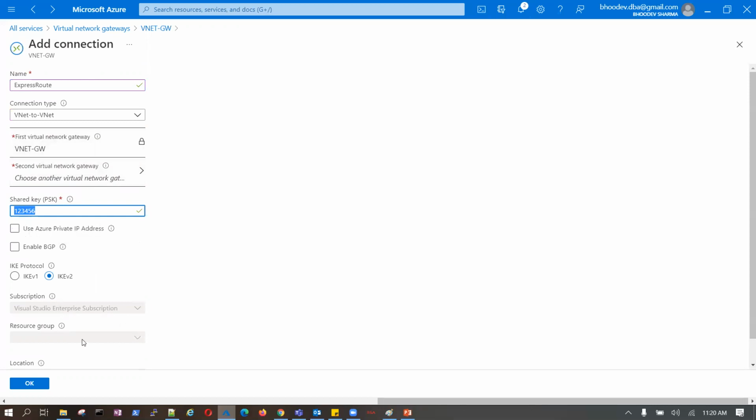Nothing much, but prerequisite work is there, and this connection takes around 2-3 weeks because it goes to the respective service providers. Okay, and to know the respective service provider, just Google, or go to the Azure documentation, ExpressRoute service provider in a specific region. Okay, you will get it.